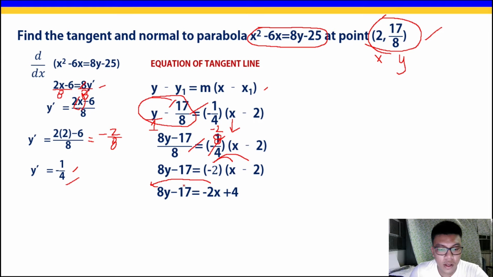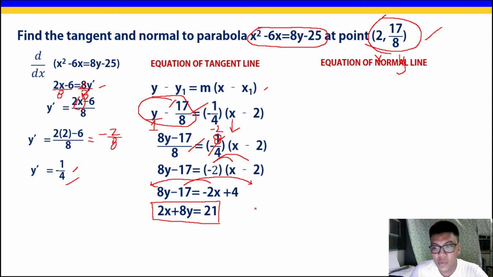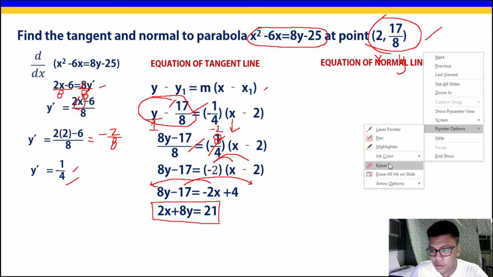So, simplifying this equation, lipat yung 2x sa kaliwa. Okay, yung negative 17, lipat sa kanan. So, we have 2x plus 8y, so 17 nung nilipat natin, naging positive, meron tayong positive 4 doon, so we have 17 plus 4, 21. So, this is our equation of tangent line. Okay? Ngayon, for normal line naman,